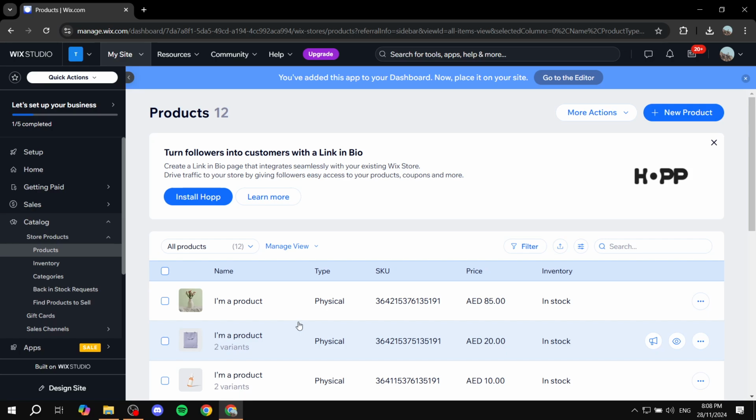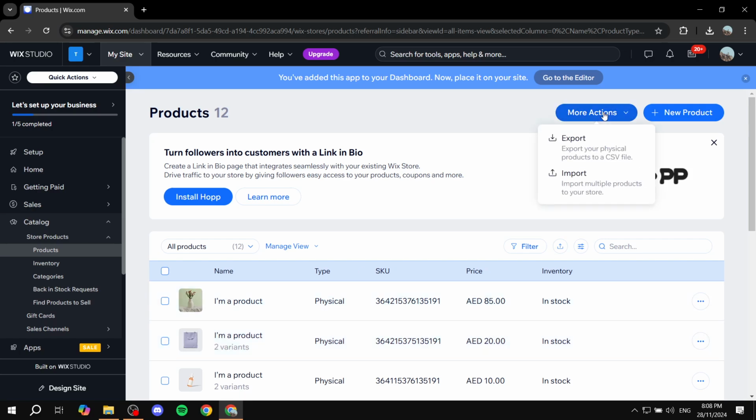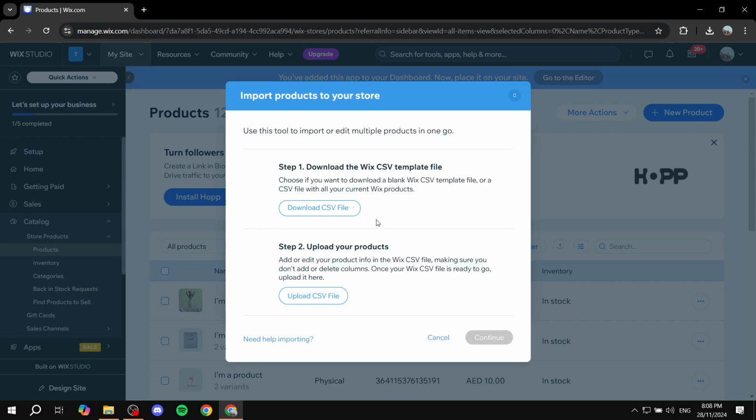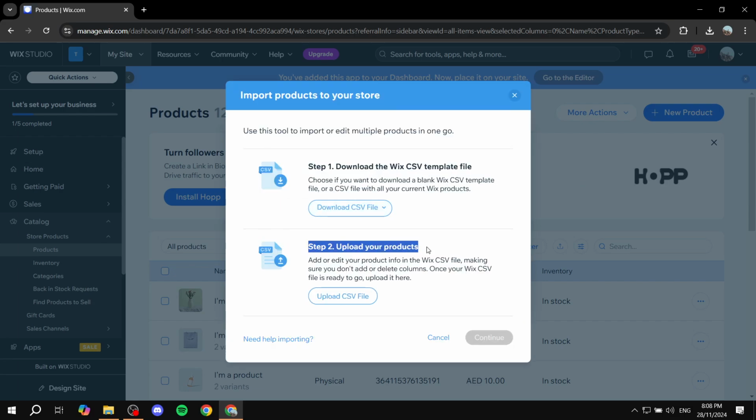Now to do so, it's very simple. You can just go to more actions and then you just want to click on import. Obviously, you can also export your products, but we generally want to import here. So click on import. And then the second step here should be the one that we follow, which